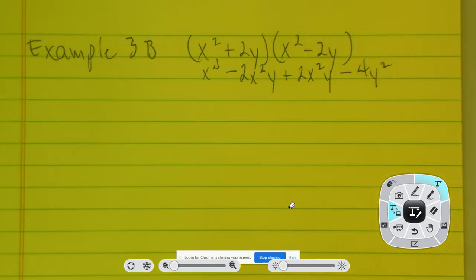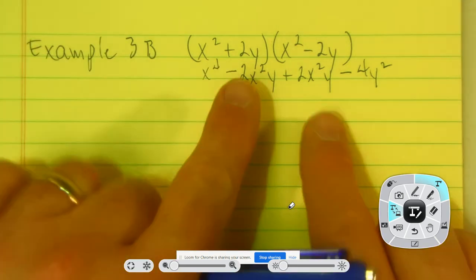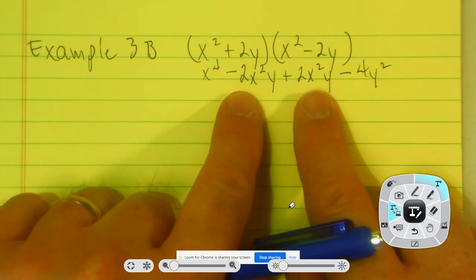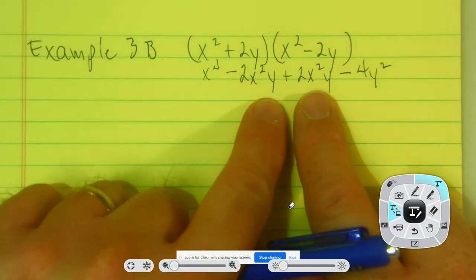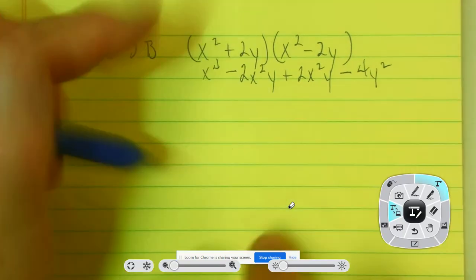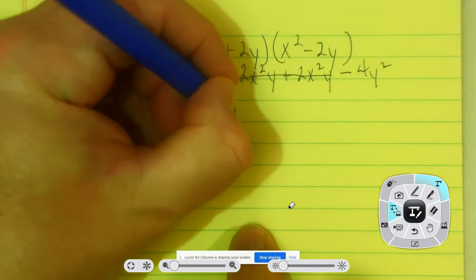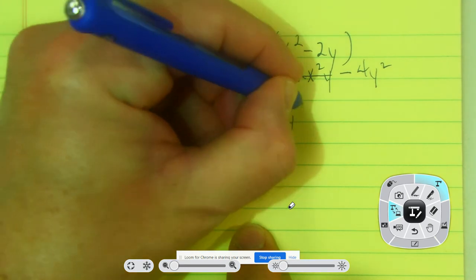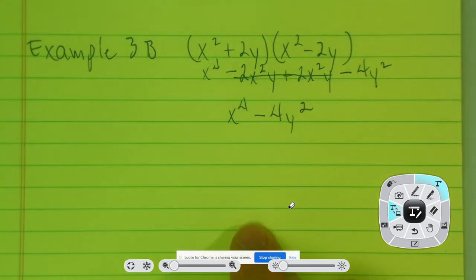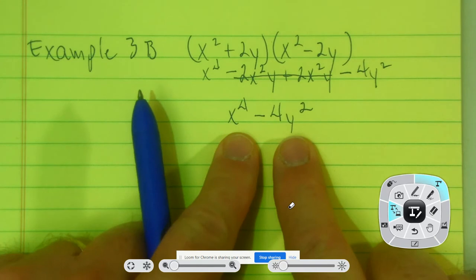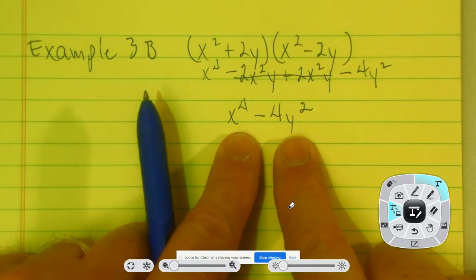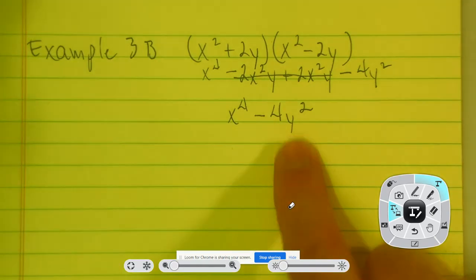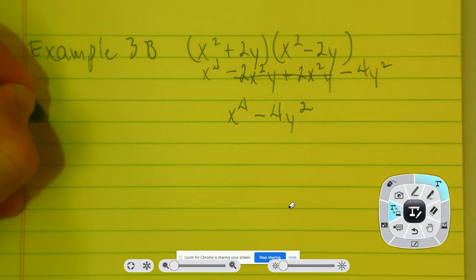All right, so I've got some simplification to do here. I need to combine like terms. And so negative 2x squared y and a positive 2x squared y, they cancel each other out. And I'll be left with x to the fourth minus 4y squared. Wow, the middle term left out, we were left with a binomial. We multiplied two binomials and we got a binomial. Well, this is a special case, a special condition, and we call it a difference